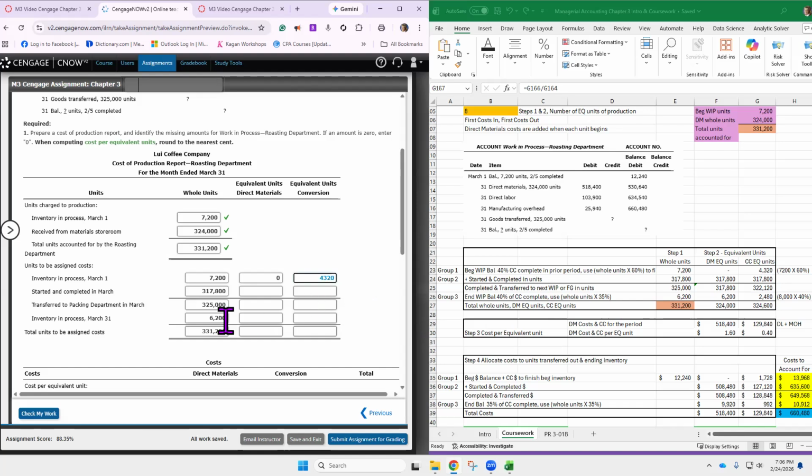Now the nice thing about started and completed is you get to use that same amount across there. Okay, now you're just going to add down, and mine is 322,120. Okay, and all of the ending units have their direct materials, so we're just going to make it match. Okay, and we're going to add down. And then how complete is the ending WIP balance? They are